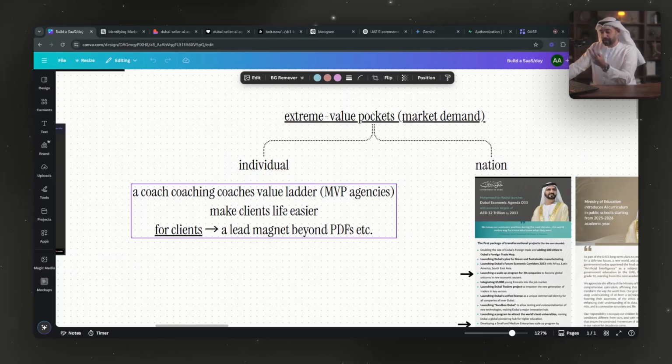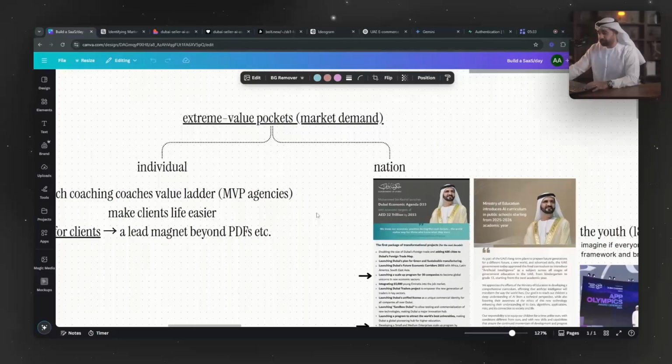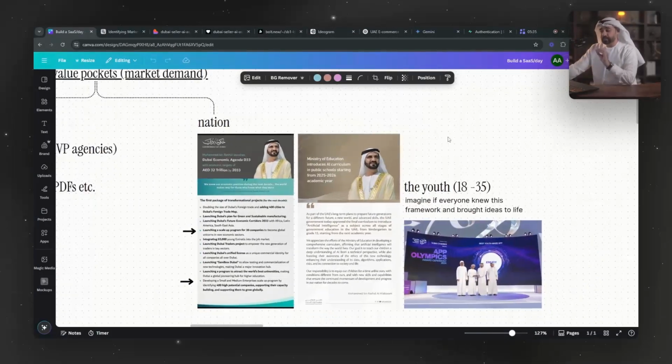And two, at the individual level, you can make your clients' life much, much easier by reducing the churn, let's say, or increasing the LTV of the clients. We're going to talk more about that in a bit. And if you're doing it for clients, a really fancy and nice way to get leads at the moment is to build something similar to what I'm going to show you today in this video and make that a lead magnet where you can come on my website and try it for free. It's this small app that I built, and we're no longer giving you a PDF, ebook, free worksheet or template and so on. You get people's emails, but you're getting it through something really tangible and valuable as well. But at a national level, this is where it gets really interesting.